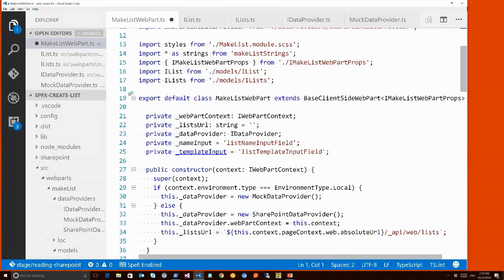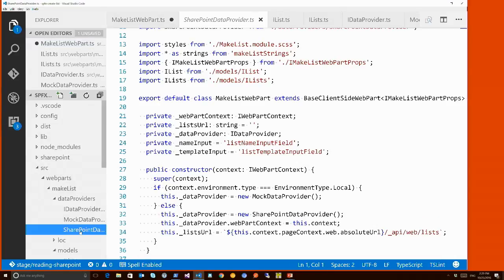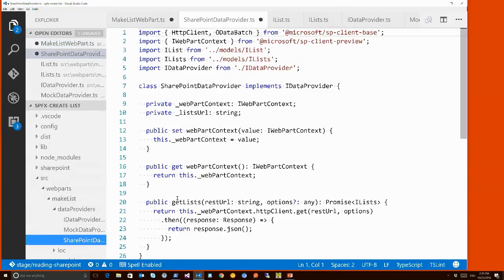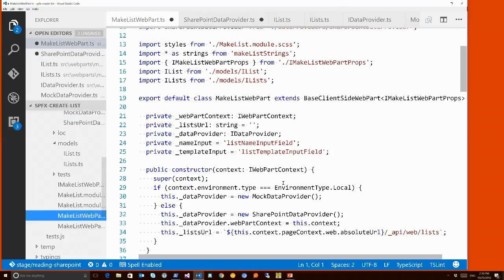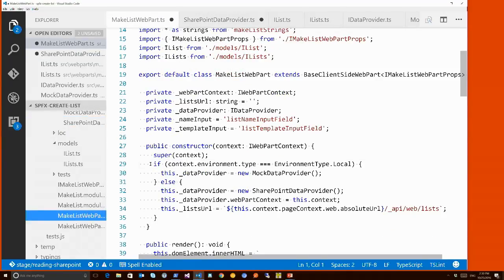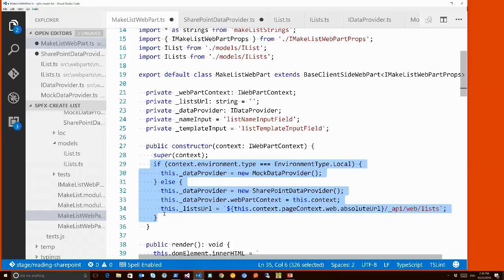The big change here is we introduce a SharePoint data provider which has this getLists method, and we introduce the notion of a SharePoint context. Inside our web part, we introduce this if construct inside our constructor to ask, am I running locally? Okay, you should use the mock data provider. Am I running inside SharePoint? Use the thing that knows how to talk to SharePoint. So my consuming code doesn't change. It still just calls